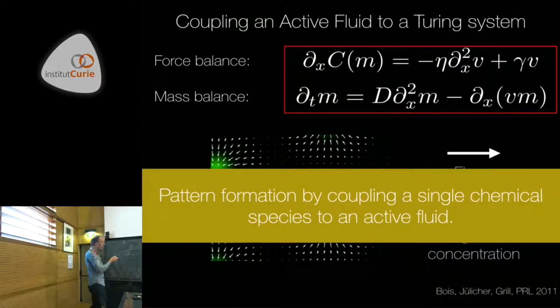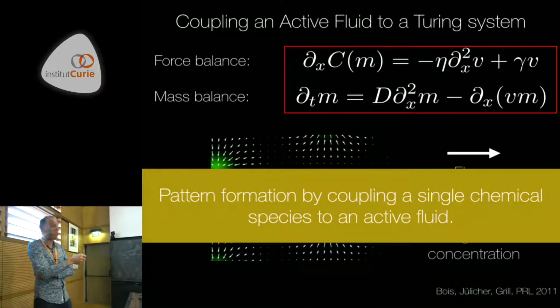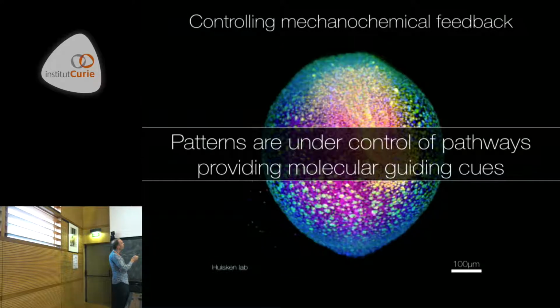Okay, but of course now, if you couple this to a proper Turing-like system, you have additional length scales. Okay, and of course this can give rise to more complex patterning processes. Okay, but before we really fully go there, I just want to make a point here, and this point we've also already touched upon. Okay, this